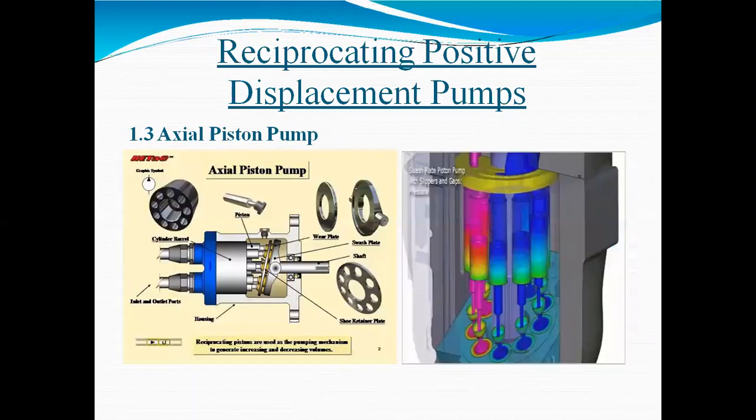Then axial piston pump. So this is your axial piston pump. Okay, so we can see that here are a number of cylinders. So in this cylinder, a number of pistons are placed. So side view, inside view, here we can see the cylinder barrel. In the barrel, there are a number of pistons. Then all the suction strokes or suction valves are combined. All the discharge ports are combined.